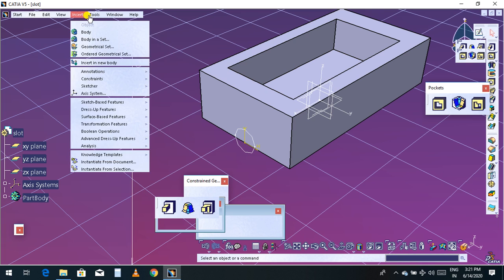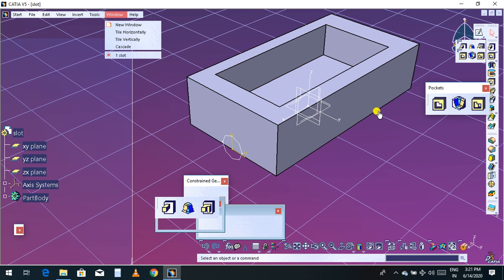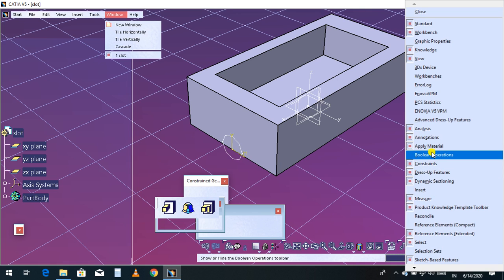So I'll go to insert, or else you can find operations here.